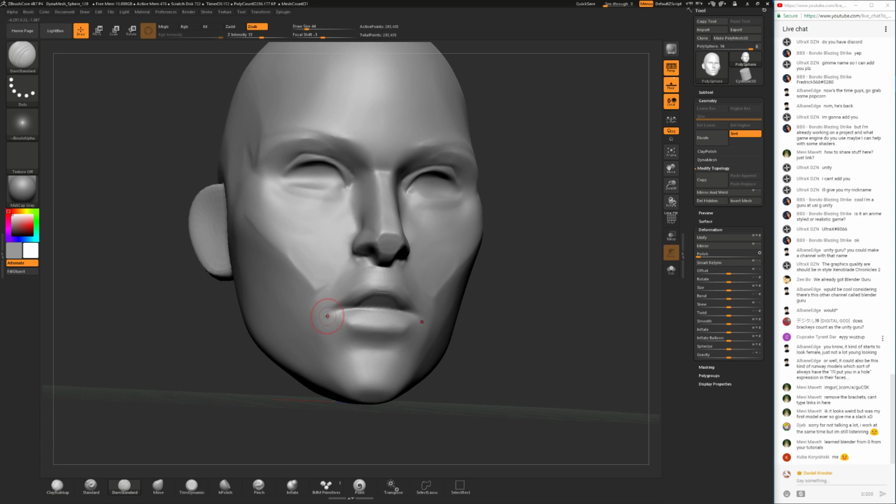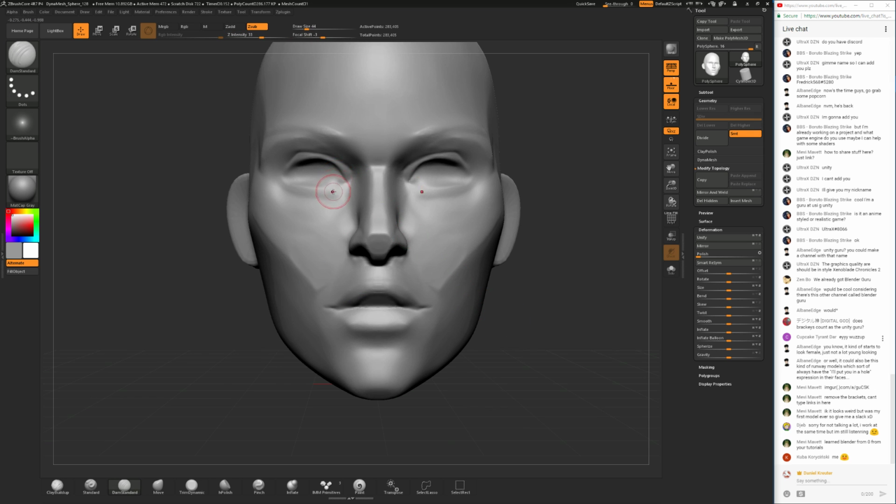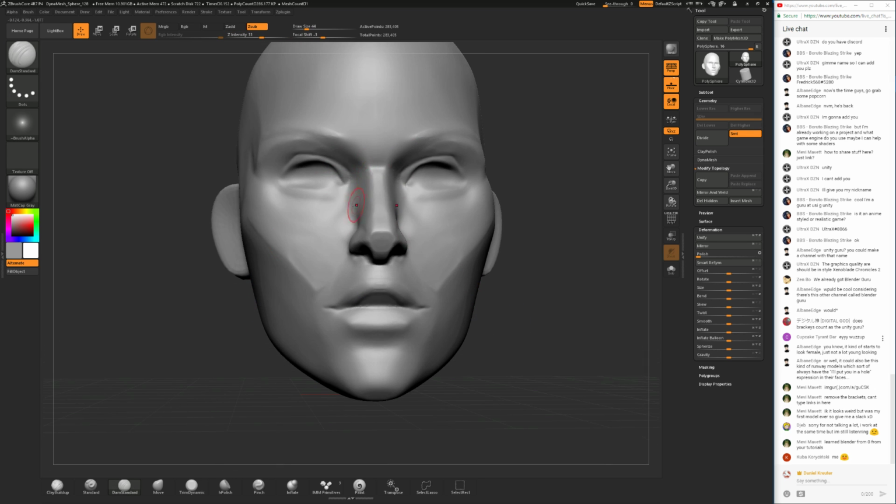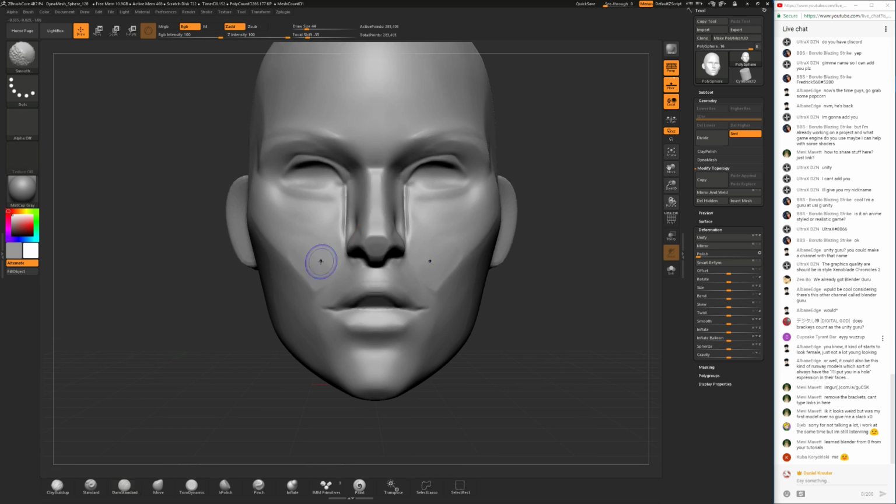Let me try to get the mouth a bit more detailed from here on. So here's some more information about proportions, by the way. The inner eye corner is supposed to be about the same place where the nostrils end, on the same horizontal position. I drew in a line here if you want to check it out.